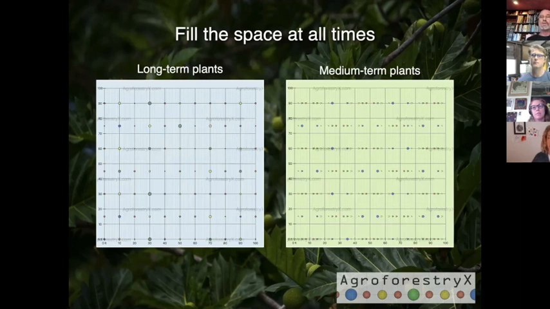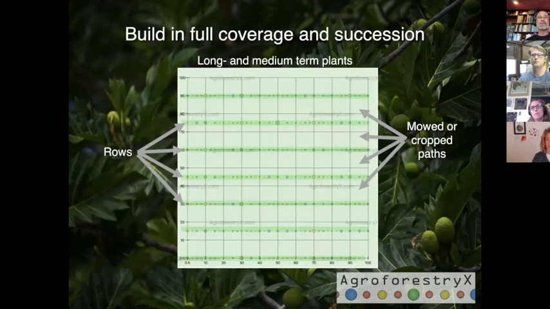So what we're doing is we also give, within each design, a planting pattern for the medium-term species. Those are the ones that grow up quickly, they produce early, and then they disappear after 1 to 4 years. So we have a whole range of medium-term plants that we're also going to plant in the system. We don't illustrate those together in the tool because it gets very complicated and messy. But in this drawing, I've overlaid both of those plant assemblies into one to show you.